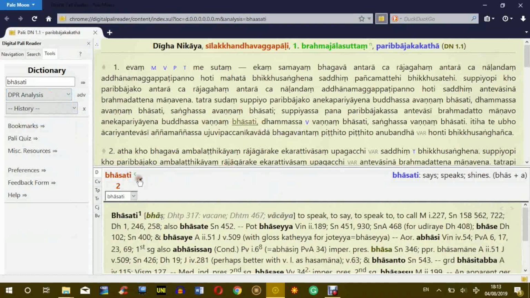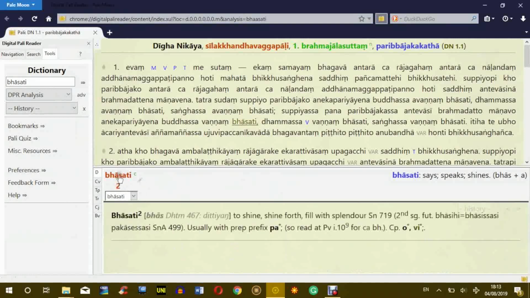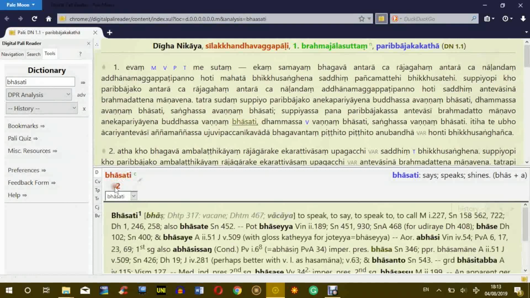So what you can see here is that sometimes it gives you two different translations. So for example, Bhasati with the Sanskrit root bhash means to speak. And then another meaning of Bhasati with the root bhas is to shine. So here sometimes there are different numbers, and these are for the different translations. Then in the case of,